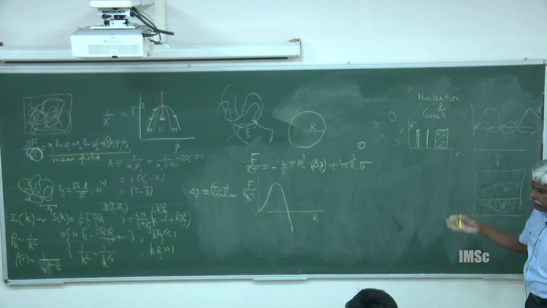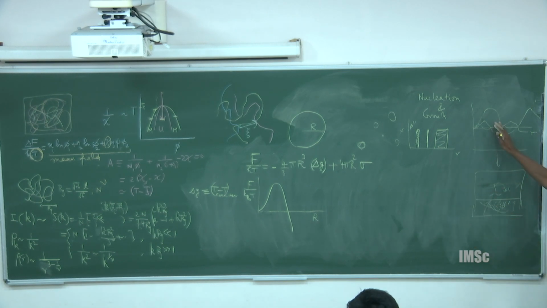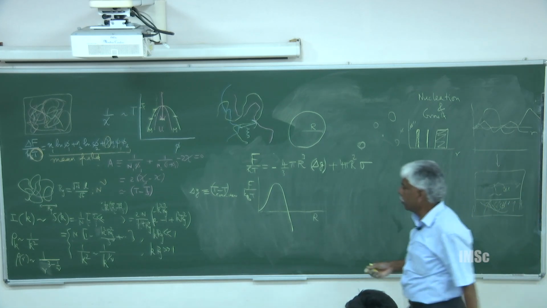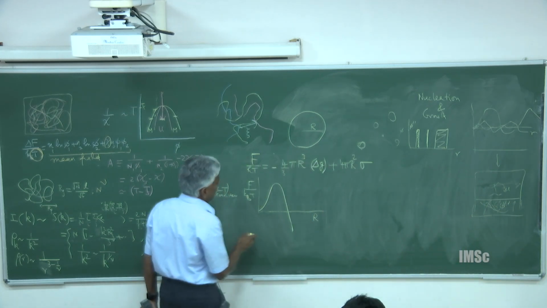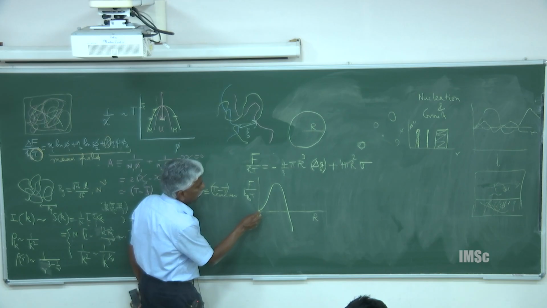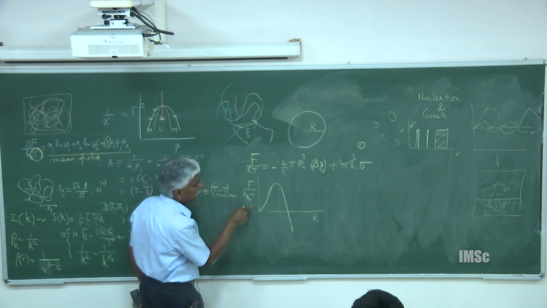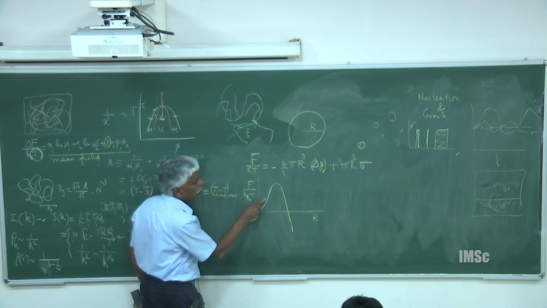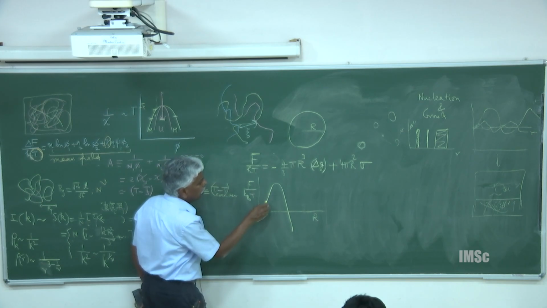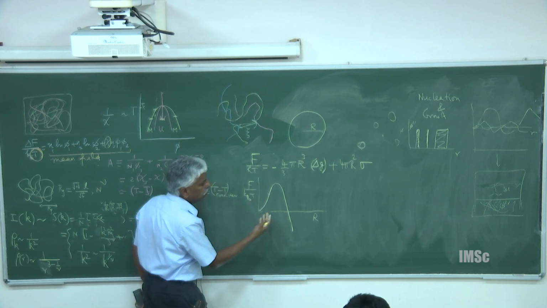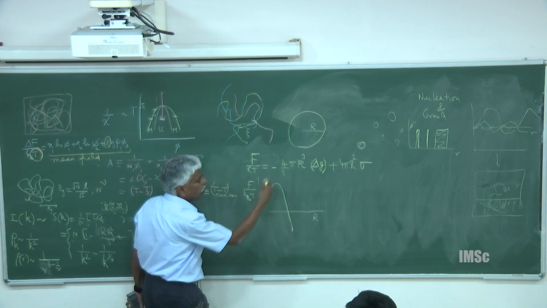Previously, I had a curve like this one, with the rate of growth of fluctuations with respect to scattering wave vector k. These are two different quantities, although they look similar. So, what does this mean? Suppose I make a baby nucleus with some radius r. To make her grow is going to be hard, because in order to increase r, I have to pay an energy penalty. And if I go here, it has a greater tendency to go down, shrink, instead of going up.